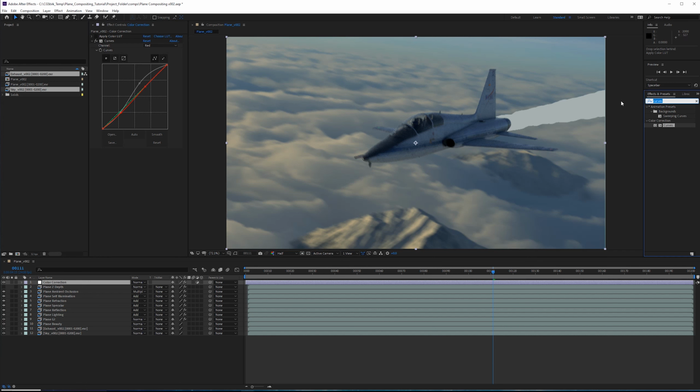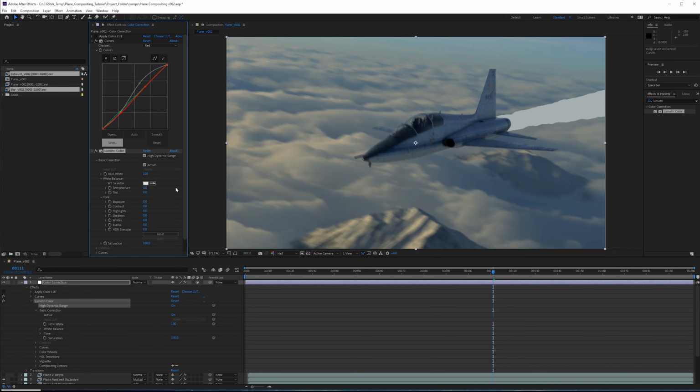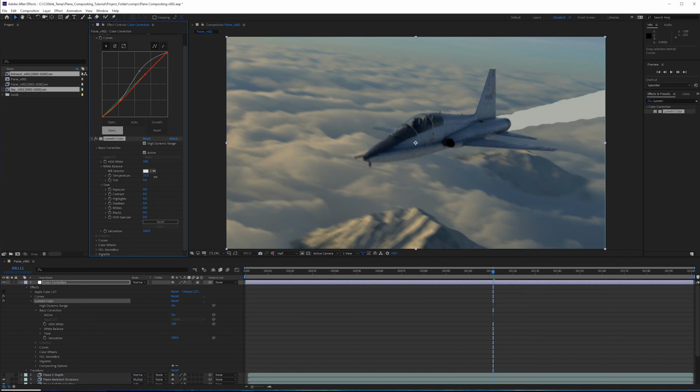Next, I'm going to add a Lumetri color effect. Now the Lumetri color gives us a lot of adjustments all in one effect, which is nice, and it is the only way inside of After Effects to change the color temperature without using a photo filter. So I'm going to turn on high dynamic range, and then in the temperature gauge we can just increase the temperature to a value of around 90, and make it look a little bit warmer, like it's sunset. Now unfortunately these values are not in Kelvin, which normally color temperature is in Kelvin, but the higher the number, the warmer the image in this case.